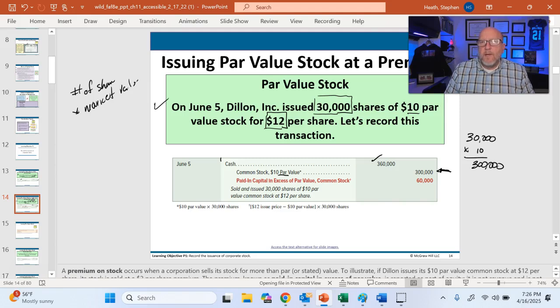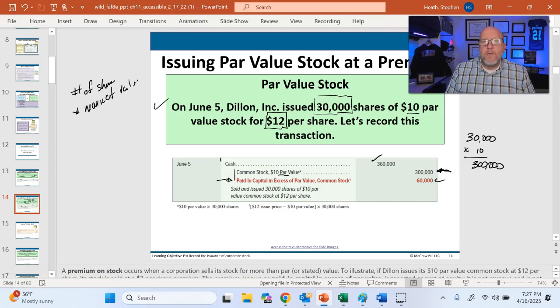That's going to go in the common stock par value. It'll be equal to the number of shares we issued times the par value. And then anything left over, the difference between 360,000 and 300,000, is what we refer to as paid in capital in excess of par, right? And so 360 minus 300 is 60,000,